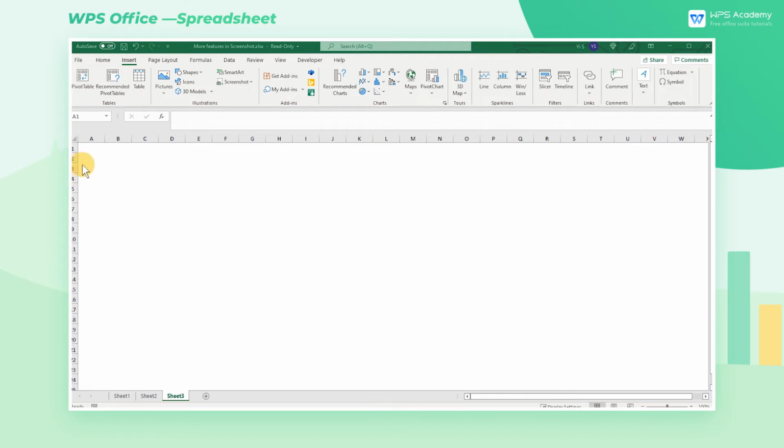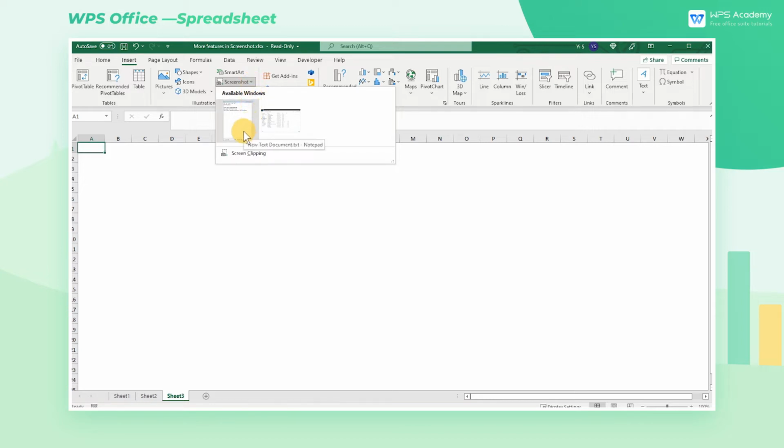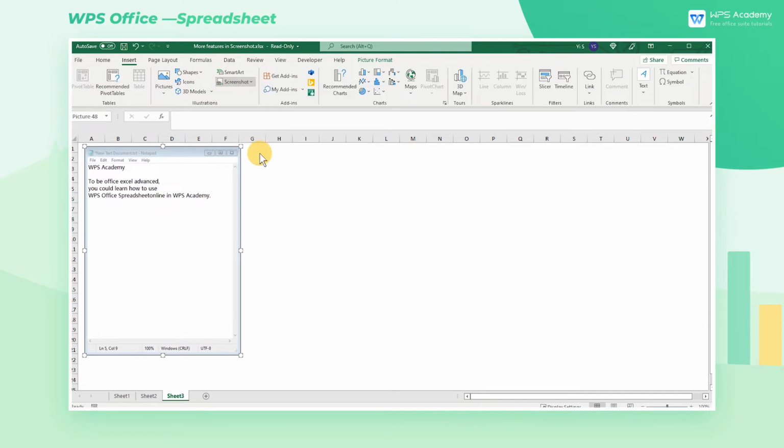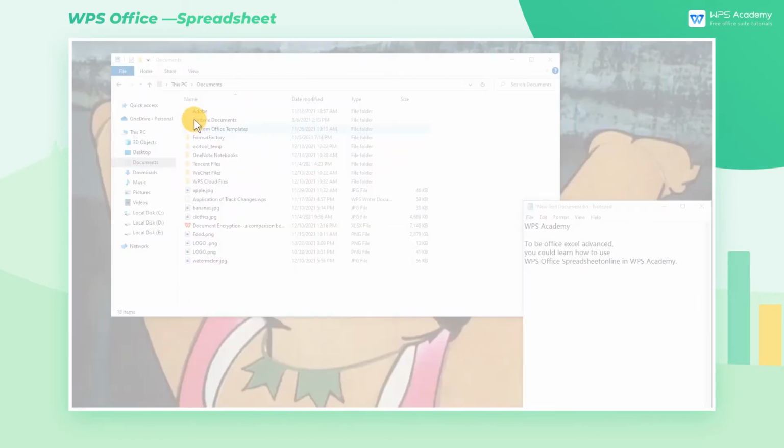Both WPS Spreadsheets and Microsoft Excel have the function of a screenshot. What are the differences between them? In Microsoft, we can click the Screenshot drop-down button and select one of the available windows to take a screenshot. Click Screen Clipping to capture the screen by adjusting its size manually, and only the area outside the Excel document